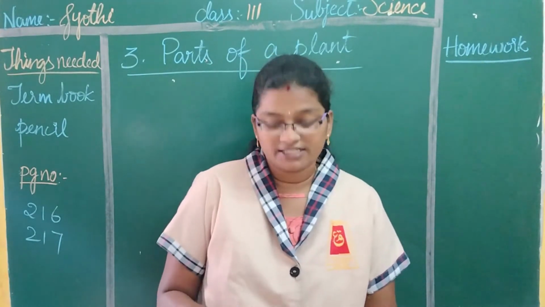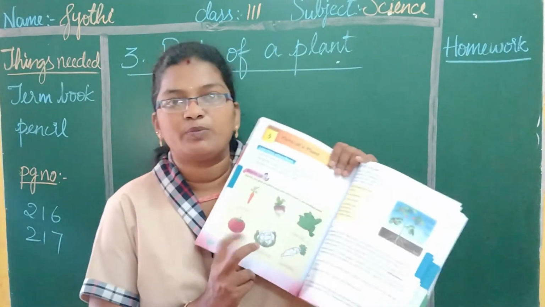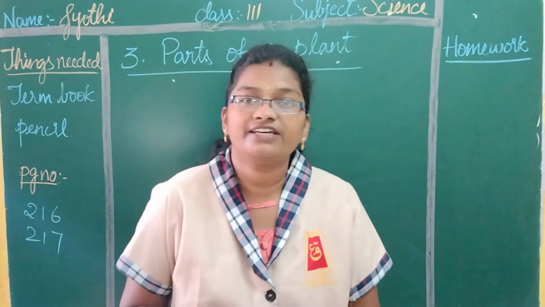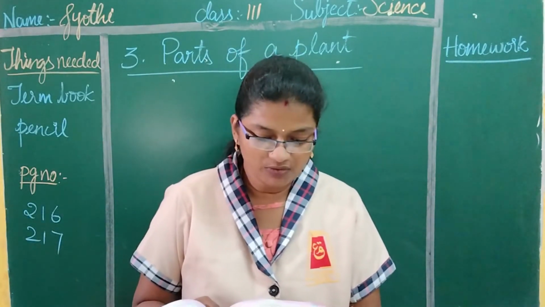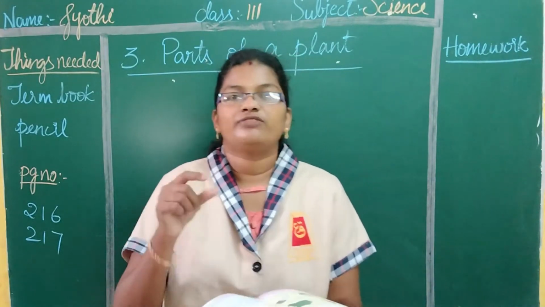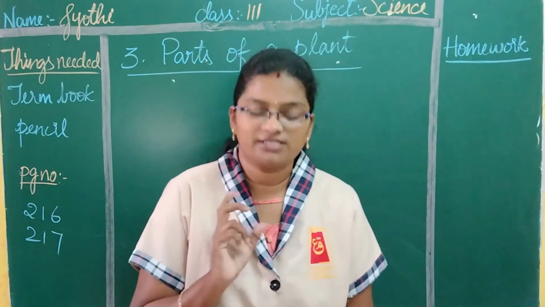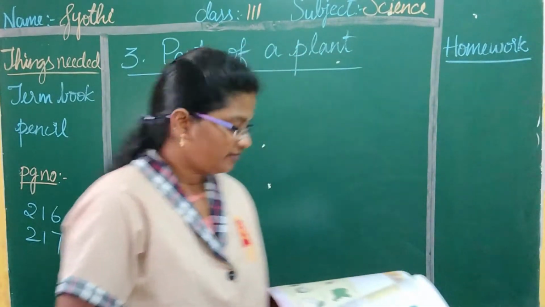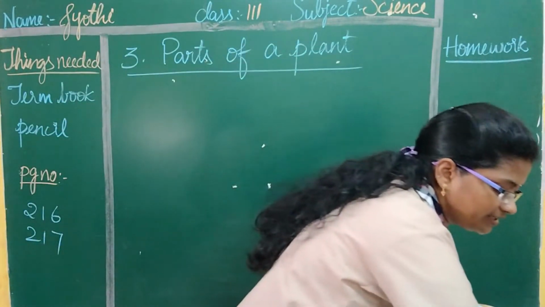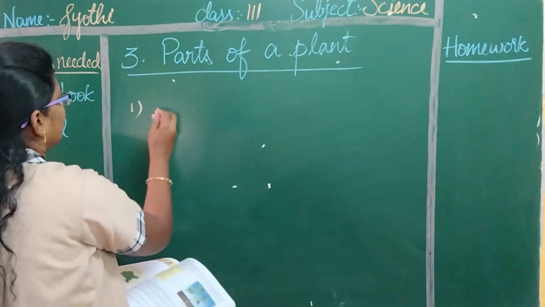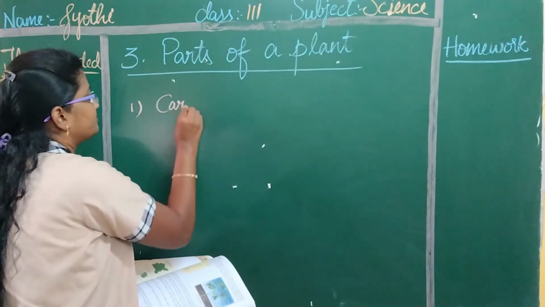So before starting the lesson, here you have a warm-up box. Look at the box. Identify the given pictures below and name them in the provided space. Nothing, you have to just identify and write down its name. If you look at the first picture, you know it very properly. It is carrot.